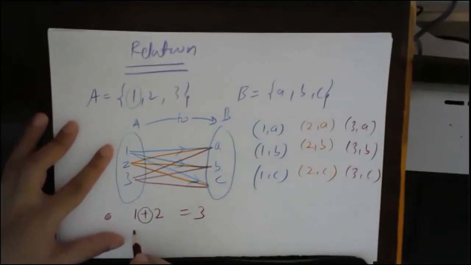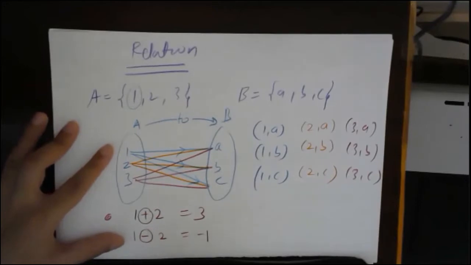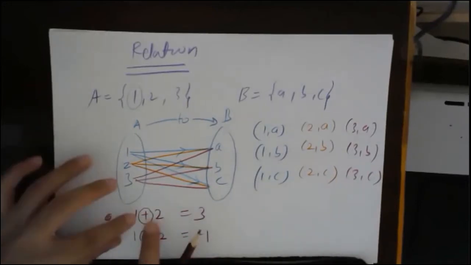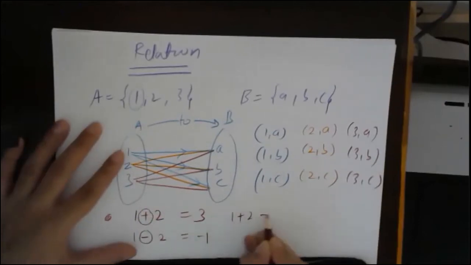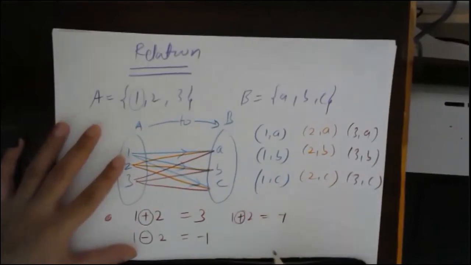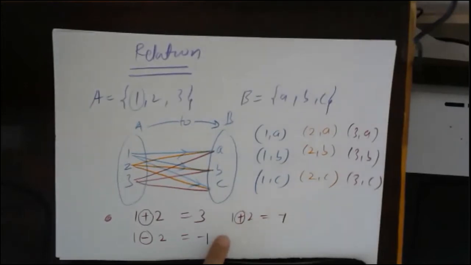So suppose if I'm writing 1 minus 2, this will give you minus 1. So this minus notation will be same for everyone. It is not that you will take this notation as this. So you cannot write 1 plus 2 as minus 1. And you will say, sir, I will assume this has to be subtraction. This notation has to be subtraction.